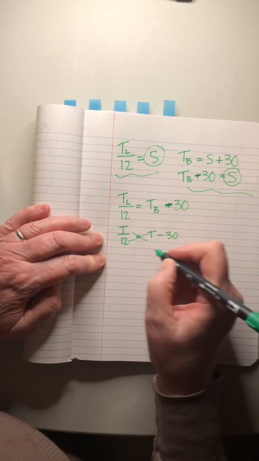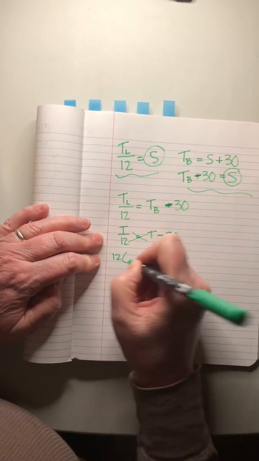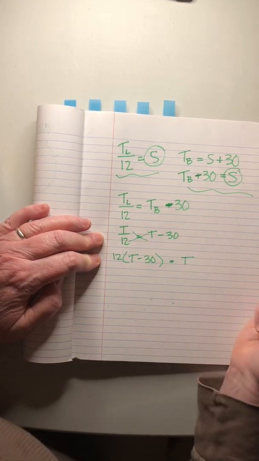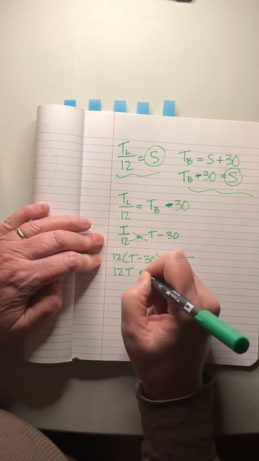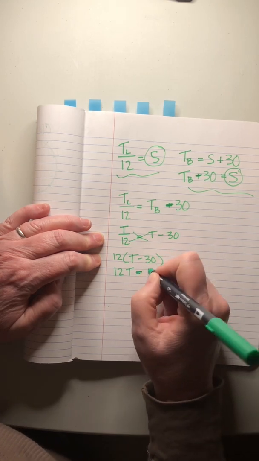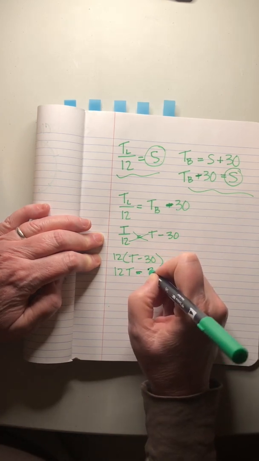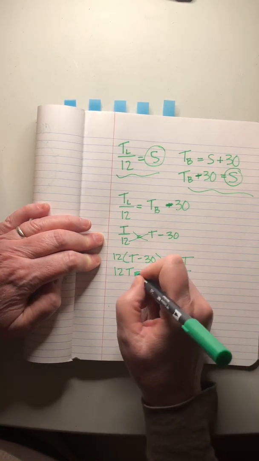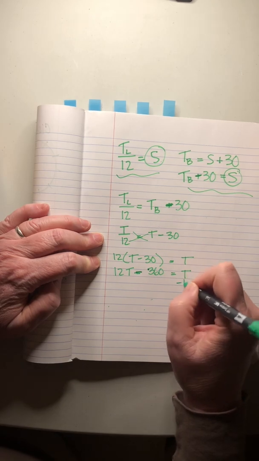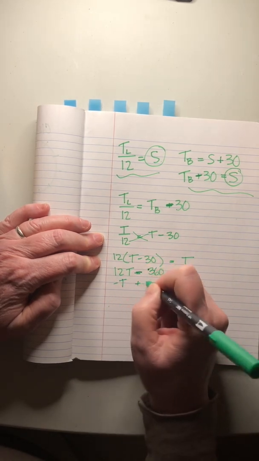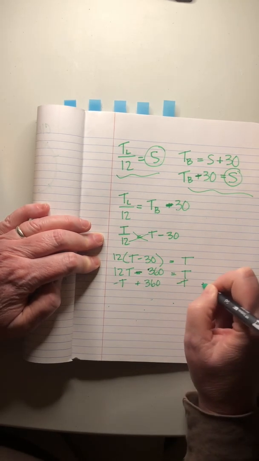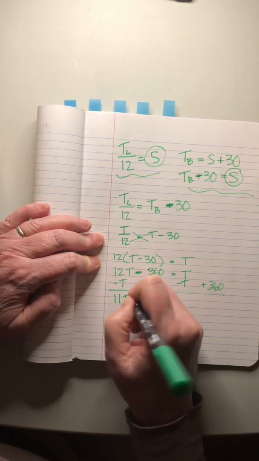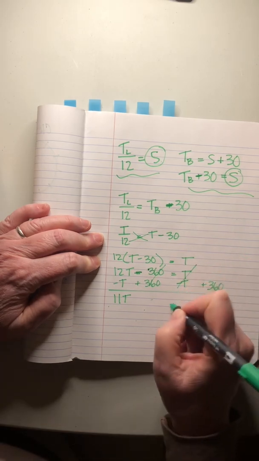So I'll cross multiply and I'll get 12 times the quantity T minus 30 equals T. 12T minus, wow, 360, right? Equals T. Now I'm going to subtract T from both sides, and I'm going to add 360. 11T equals